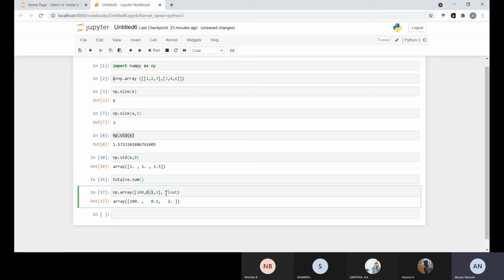So now if we mention the float here, the array will identify that this is a float case, and it converts all of them into float. You can see 100.0, 0.1, 2.0. But if you do not put float, it will consider them as integers. If it considers them as integers, 0.1 is not taken as an integer, it will treat it as a float. So that's why the error is showing to you. So you understand the concept of float also. The real data type is float, and the default for the numerical value is also here.